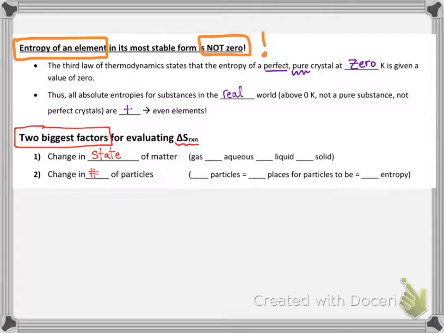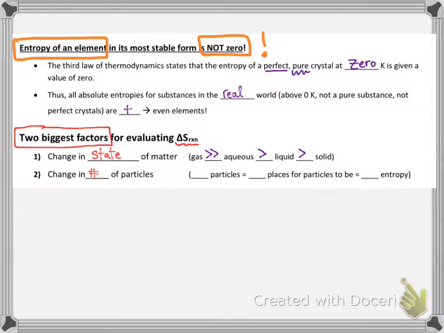Remember positional entropy? The idea that if you can take up more space or have more possible positions, you have more entropy? Well, hopefully you can see that that means a gas has way more entropy than any other state of matter. Because the gas particles can be in a lot more places, and they're all over the place, they have tons of energy, all sorts of things. So being a gas, turning something from a not gas into a gas, is the number one way to increase entropy. But aqueous things, so dissolving something, that's going to have more entropy than something that's just a pure liquid. And of course, any state of matter will have more entropy than a solid.